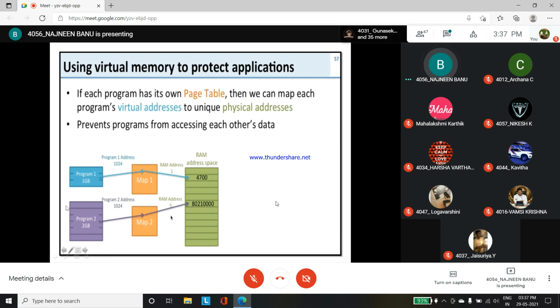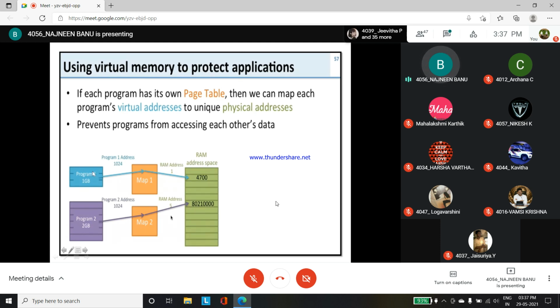Here you can analyze this. This is the same setup which was told by Archana, in the first slide. If each program has its own page table, then we can map each program's virtual address to a unique physical address.